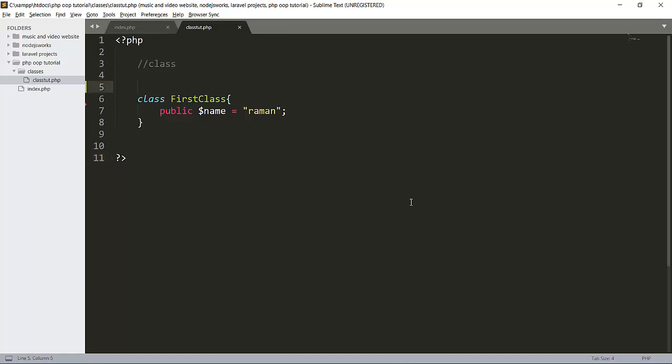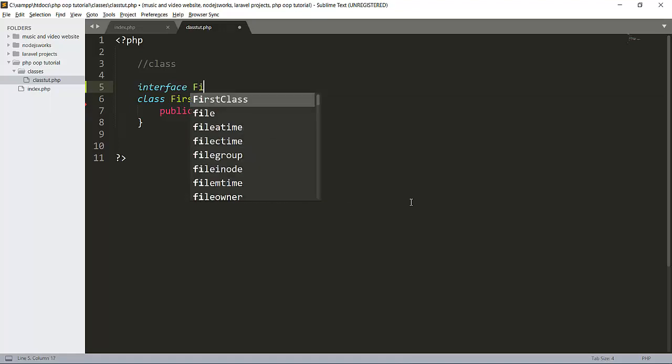So first of all, let's create an interface here. For an interface there is the keyword interface, and then there is an interface name. Let's say first rule.